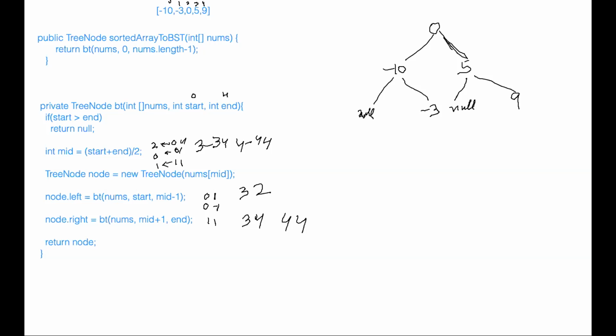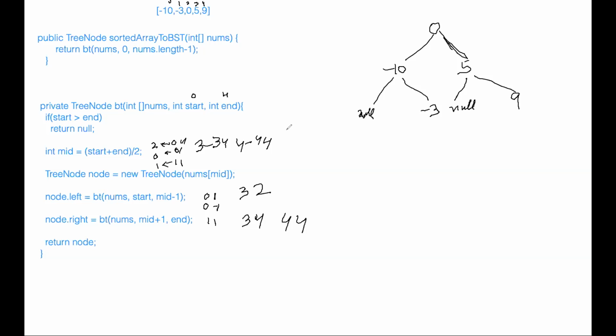What I said is, if you see the tree constructed here, -3 is on the right side, and 9 is also on the right side of 5. Yes, correct. That is the way he has constructed it, and the solution says that if you choose the left middle node as a root, that is the way you get the tree. And this is correct. There's nothing wrong in it.